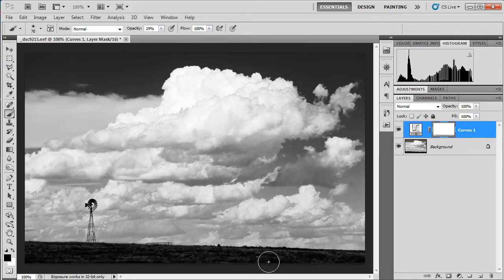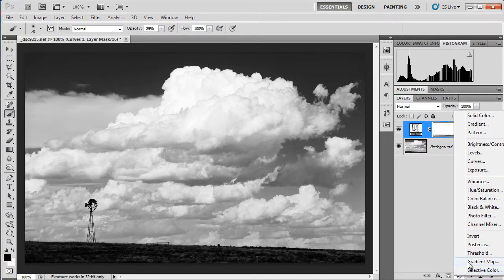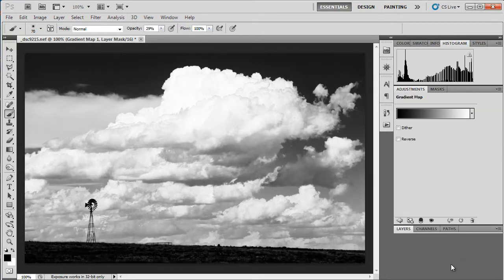So there we are. I'm just going to paint on this a little bit further. Okay, and that looks about right to me. I like it like that. So maybe I'll do one more thing. I'll go ahead and tone the image. I'm going to add a gradient map,